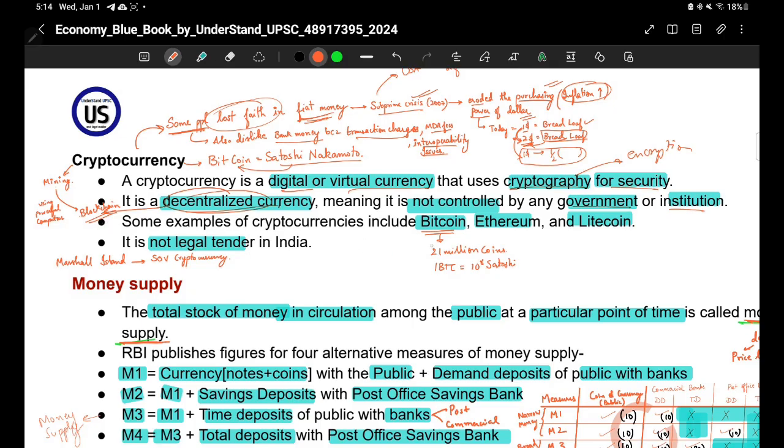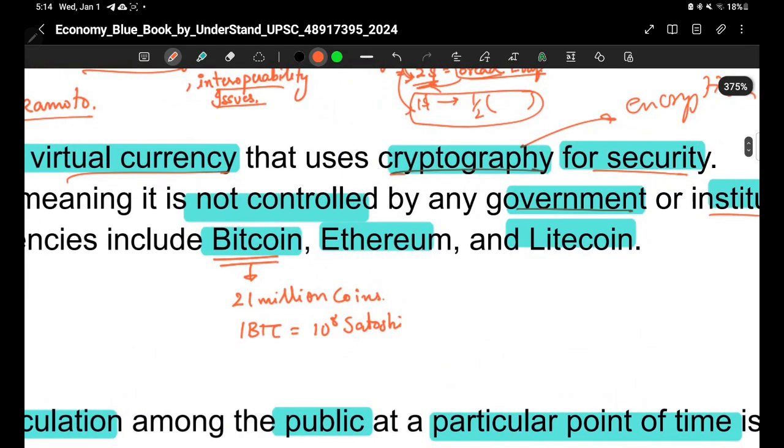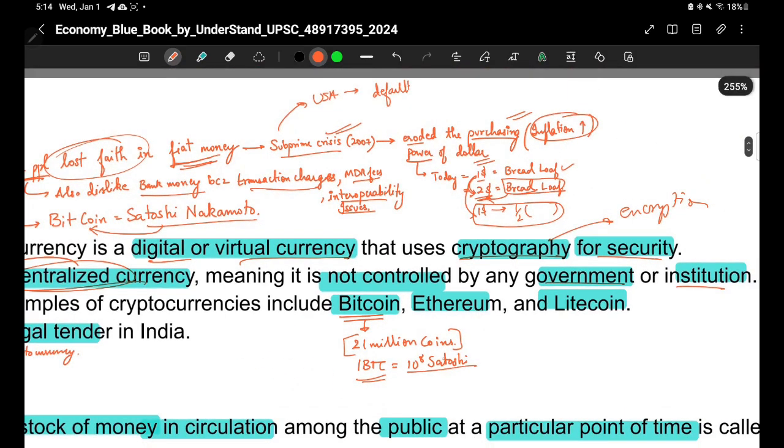Okay. Some examples of cryptocurrencies: Bitcoin, Ethereum, Litecoin. In Bitcoin, there are only 21 million bitcoins in the world right now, and one bitcoin is worth 10 to the power 8 satoshi. So this is the smallest value, 10 to the power 8 satoshi,